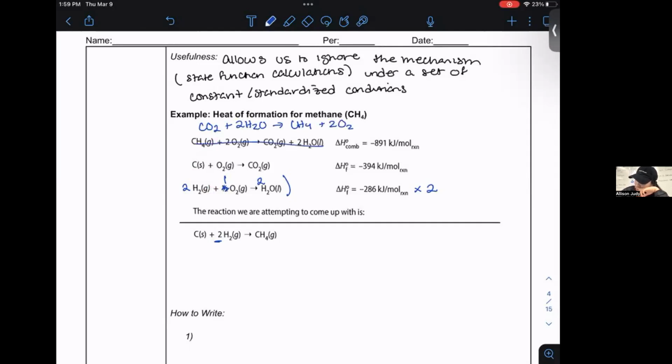If I flip it, that means I flip the sign of my enthalpy and say it is positive 891 kilojoules per mole to reflect it. And what I see is when I sum up this set of reactions based off of their formation values and one generic reaction value that we know,